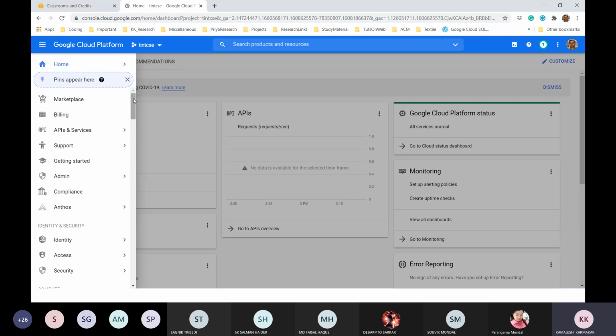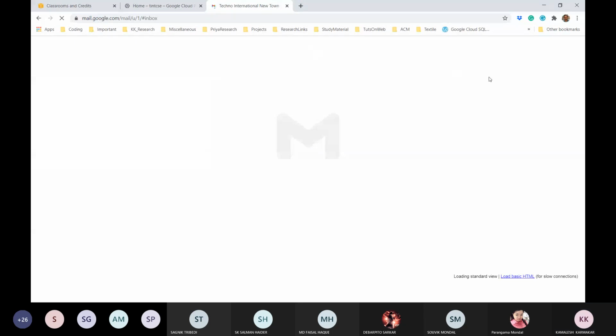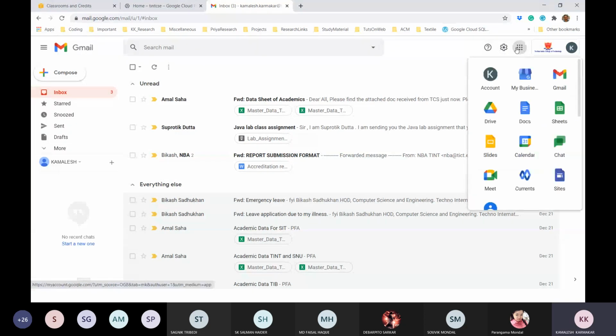For those who are not familiar with these services of Google, you are familiar with software as a service. If I just log into my account, even this Gmail is running on a cloud platform. You know that. Google Docs, Drive, or Sheets, everything is basically nothing but a cloud service. So what kind of service is this: infrastructure, platform, or software?